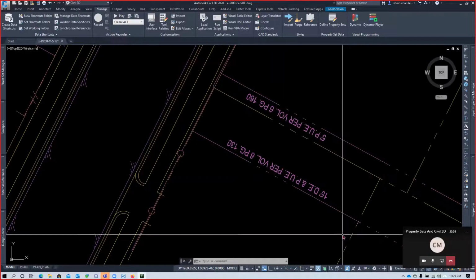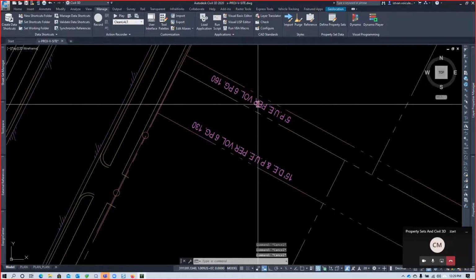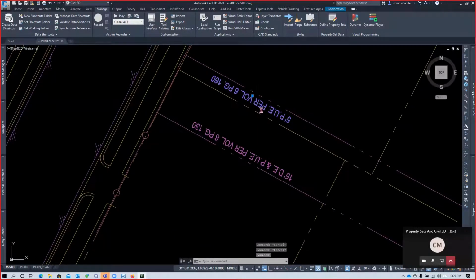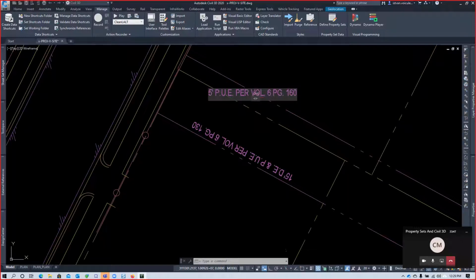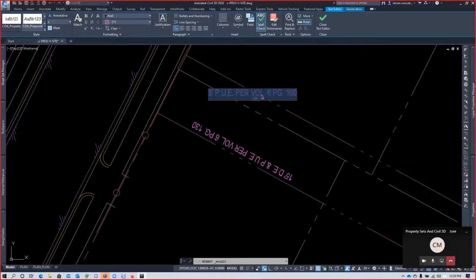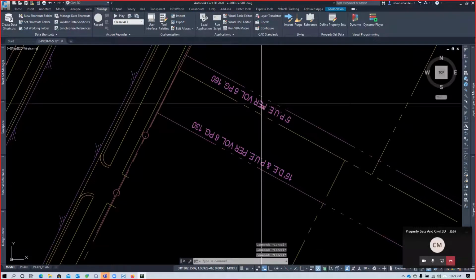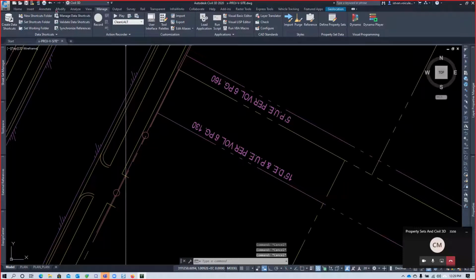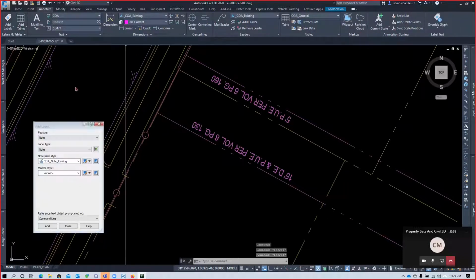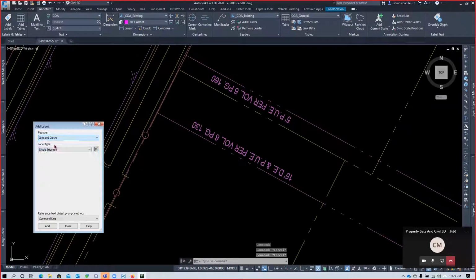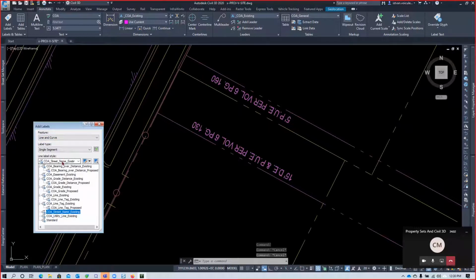So if I have to label this easement right in here, there's a 5-inch PV. Maybe I'm going to copy this data right in here, because this is what I get from the surveyor. I copy this one, Control C. So I copy the data, and I'm going to add a Civil3D label to this one. So I'm going to go here to annotate, I'm going to add the label. So I'm going to go here to line and curve, and for me the one I'm looking for it to be a street